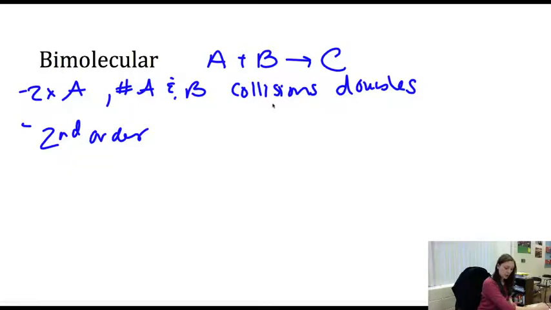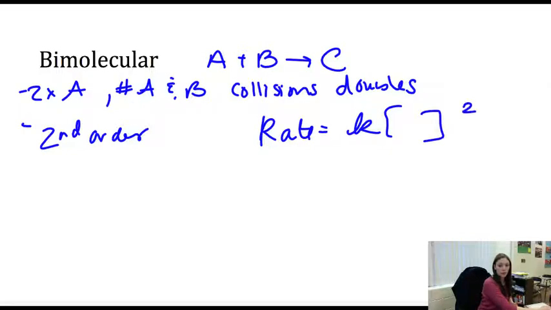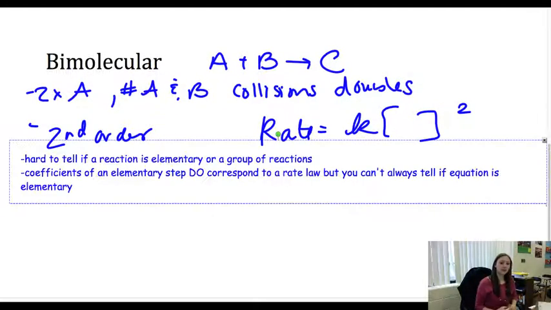Which means that my rate law is going to be something overall to the second. Now, whether it's A to the first, B to the first, or A to the second, B to the 0th, or B to the second, A to the 0th, you really don't know. But it's something to the second power there. Okay, the last thing here with this, and kind of write this underneath the bimolecular there, is that